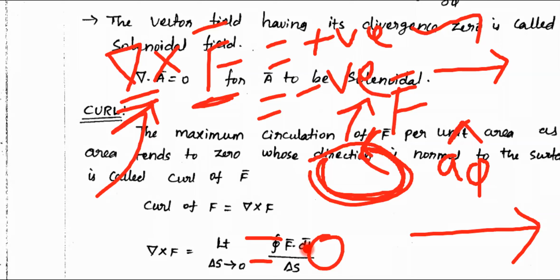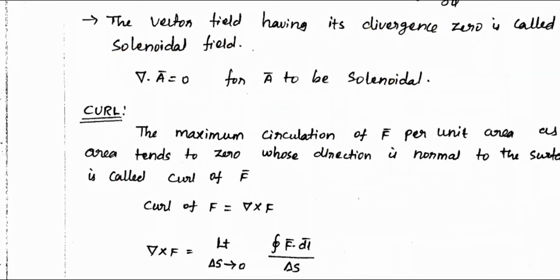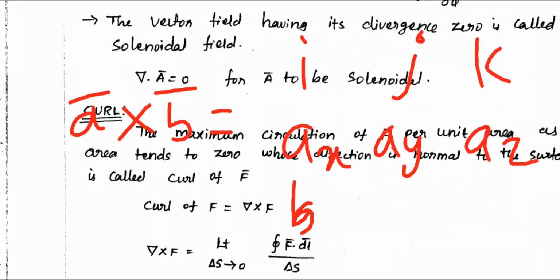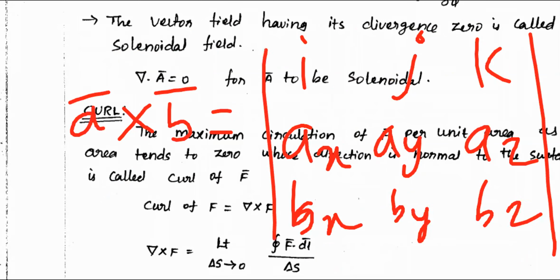Next. Now with the help of one vector, you are identifying that nature. But please remember, del is also a vector. F is also a vector. So what is the simple way to calculate A cross B? There are many ways. The simple way is you take i, j, k, the ax, ay, az components, and the bx, by, bz components, and put them in a matrix like this.